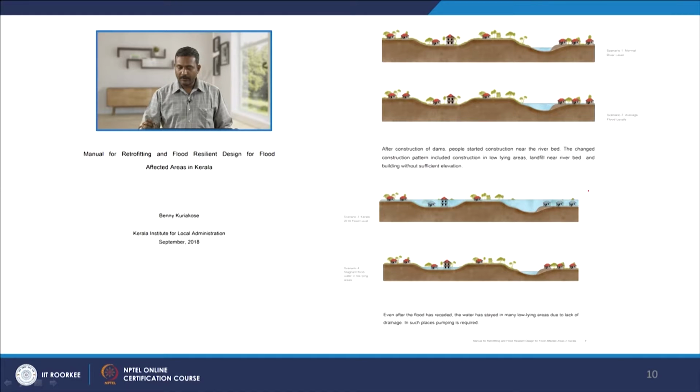For instance, here you have the normal setup where you have the river level, and all of them have built on the top, on the mountains, and then the average flood level in case it might have reached here. But after the construction of dams, people started constructing near the river beds, because they know that the water is not coming very frequently. That's how they started coming down, and they even started constructing houses near the river beds. That is where you can see that in 2018 the Kerala flood almost submerged 3/4 of the houses